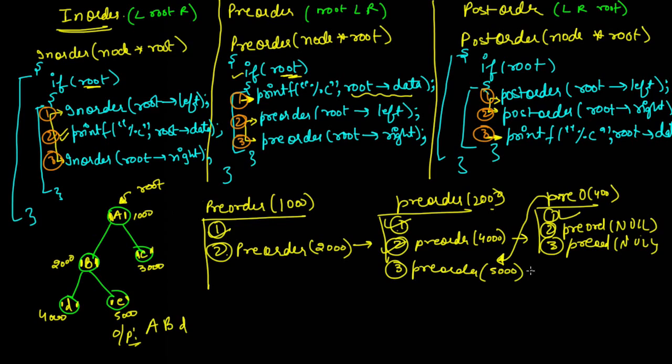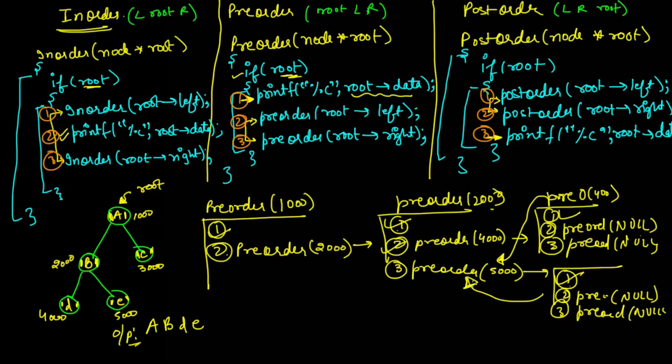So when we call preorder 5000, it is going to execute line number 1, which is E, so it is going to print E. Then we execute line number 2, which is preorder null, and this will not be executed, and line number 3 will be preorder null. Then the control will go back to the previous statement, which has executed all its 3 statements, therefore control will go back again, and it is going to execute the third statement, which will be preorder